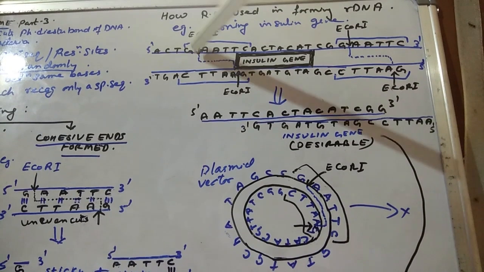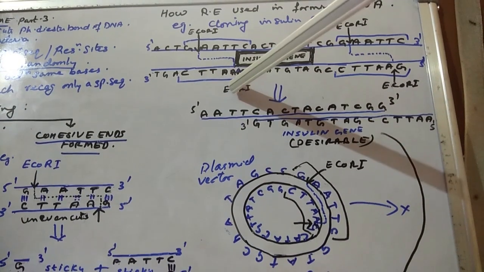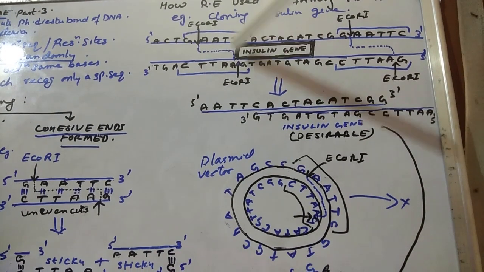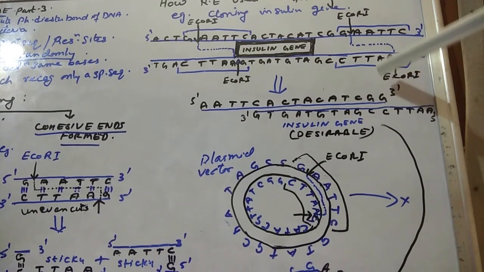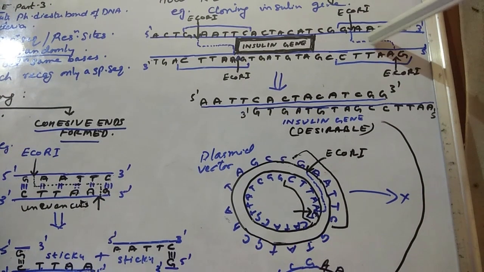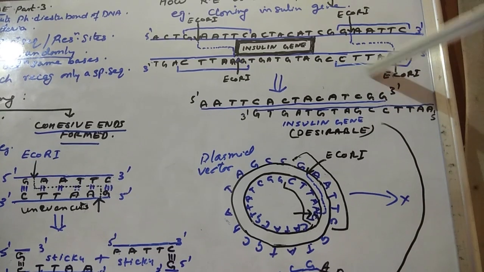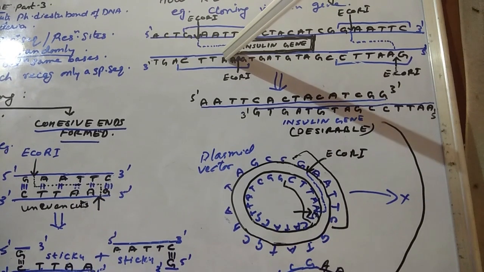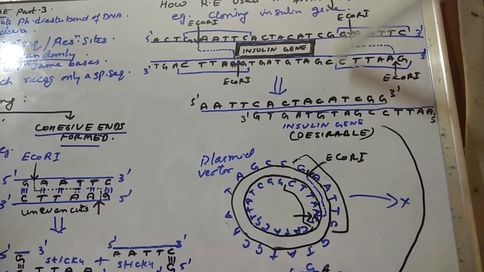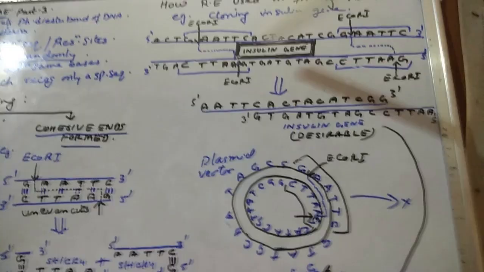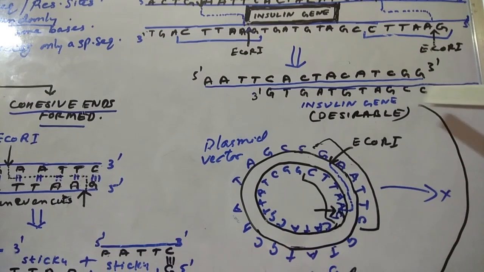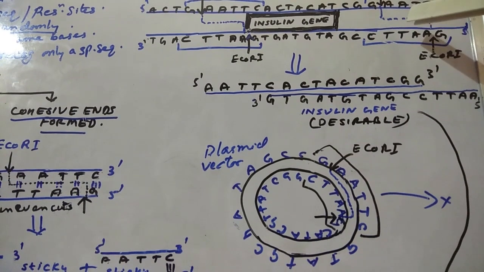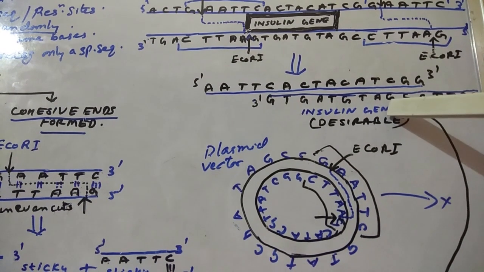So what do you get? You break here and you come here, so you get this much hydrogen bond broken and you get this long piece intact. And in this area, it breaks here and till here, so you get this hanging area, an overhang. The rest of the gene from here to here is intact, with both hydrogen bonds there, complementary strand. So we get this insulin gene out from this human DNA. Clear? Now we have to insert this in a plasmid.